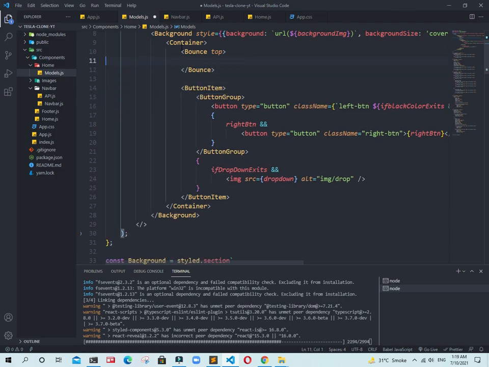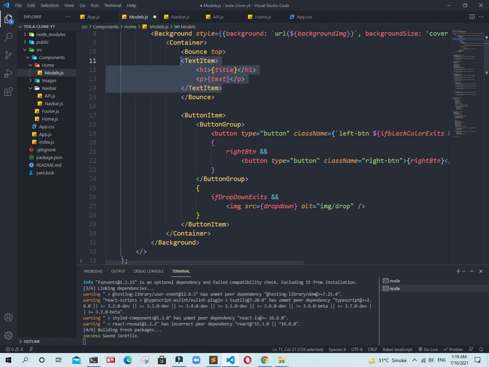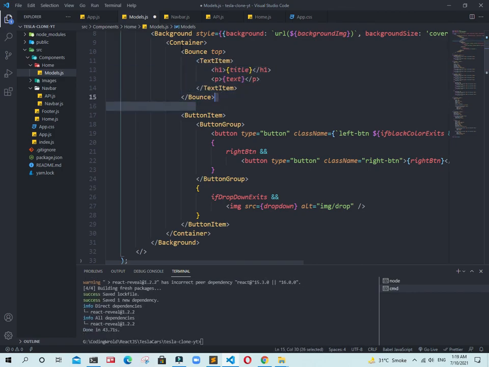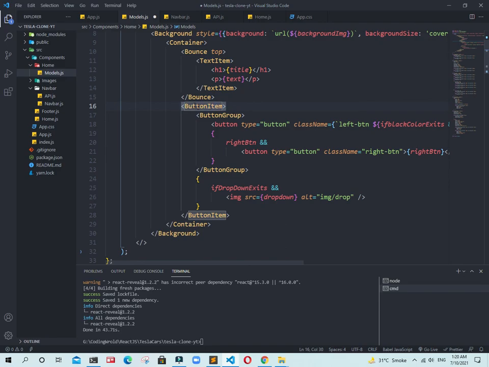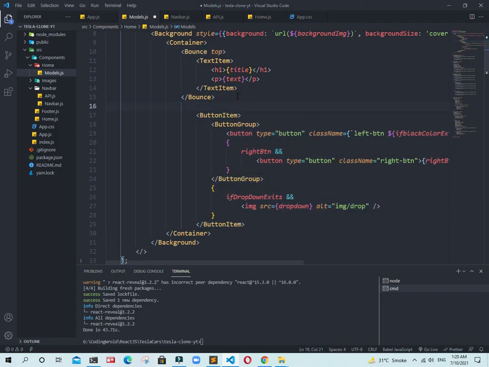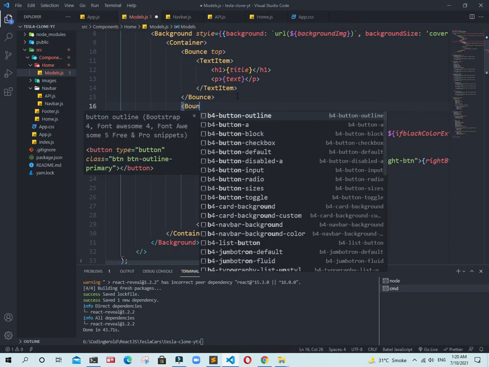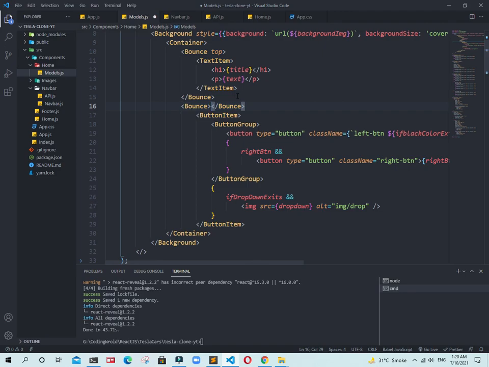It's really cool, guys. Similarly, this other item I want to bounce from the bottom, so I am bouncing this one from the bottom.